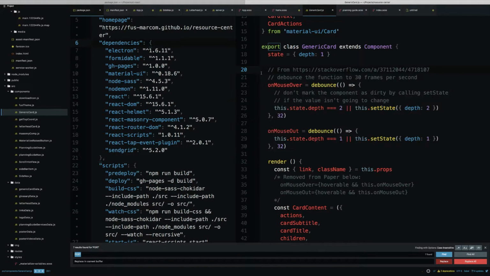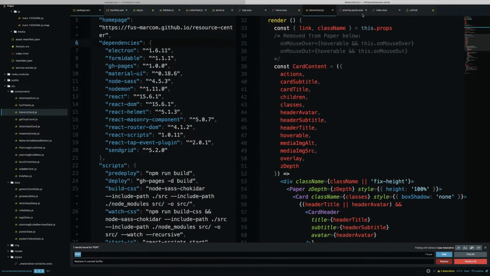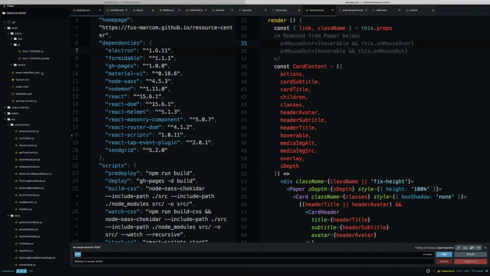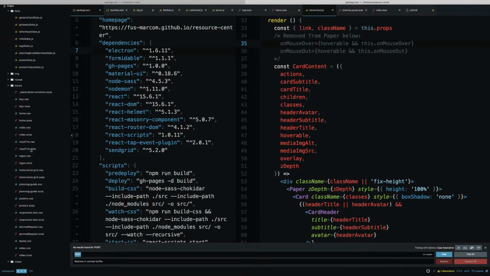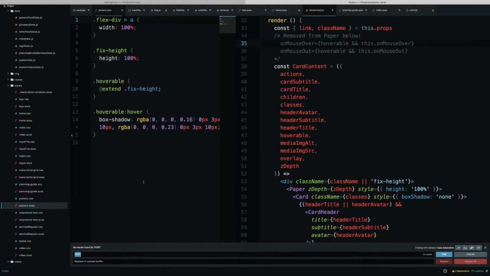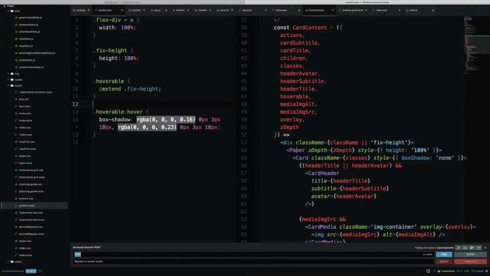So instead of doing this, Matt made a class, and where did he put this? I think he put it in the poster CSS file, or the SAS file. Yeah, okay. So he just uses CSS hover, and he added that onto this div. So he wrapped everything in another div, gave it a height of 100%,